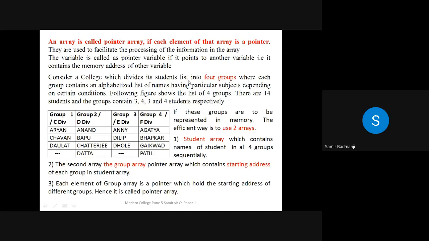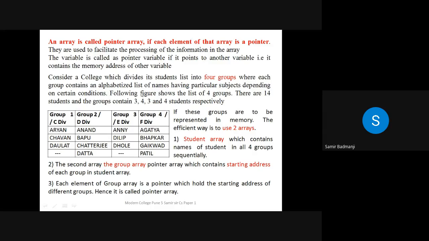So we are dividing the students into 4 groups where each group contains an alphabetized list of names having particular subjects. Now here they are in alphabetic order, but yours is according to your roll number, that is 22051, 22052. Like this, the roll numbers are there. So we'll just consider that they are according to alphabets.